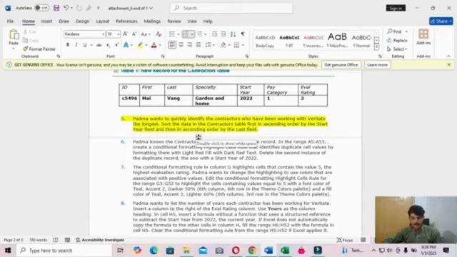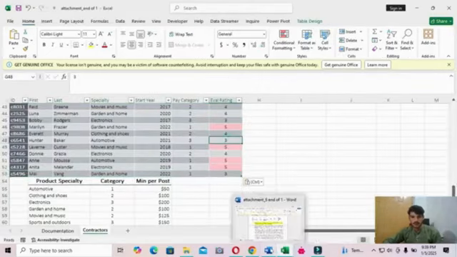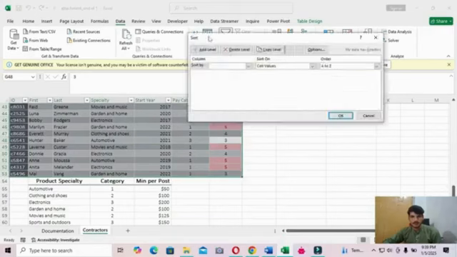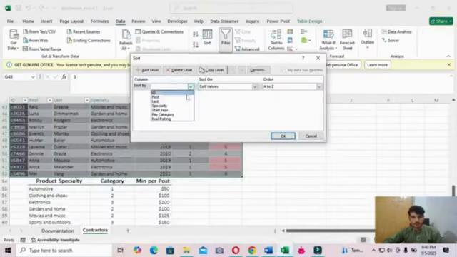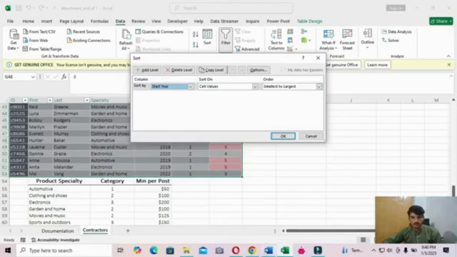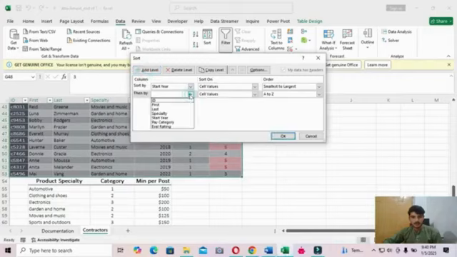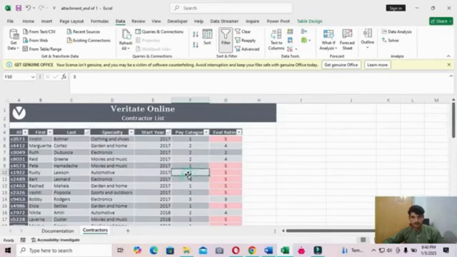Okay, go back to the Excel sheet, click anywhere in the table, go to the Data tab and click Sort. The first condition is given: ascending order by the Start Year field, and then ascending order by the Last field. And then click OK. Okay.